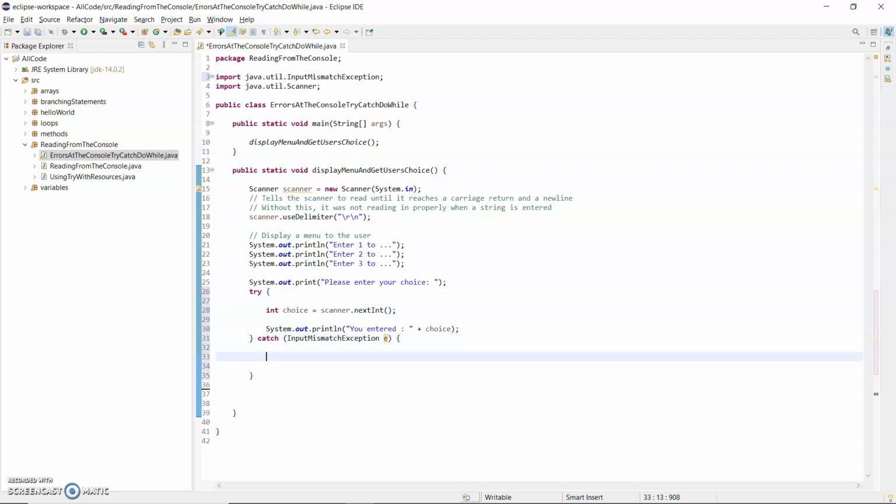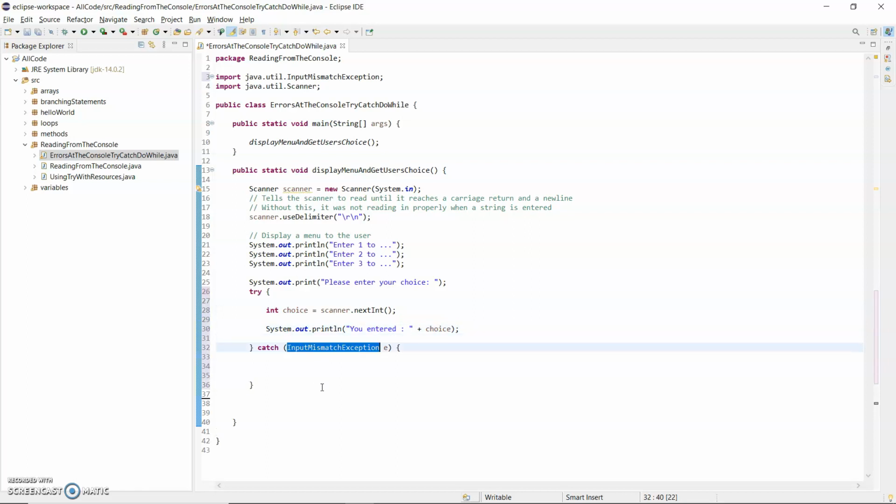I'm not going to do either of those at the minute, just going to keep it simple. So I'm saying try read in from the console. If there's an issue, like the user doesn't type in an int, it's going to jump down to this catch block. And when I'm down here, I'm just going to print out, you can type in sysout or sout there, print out "An error occurred,"